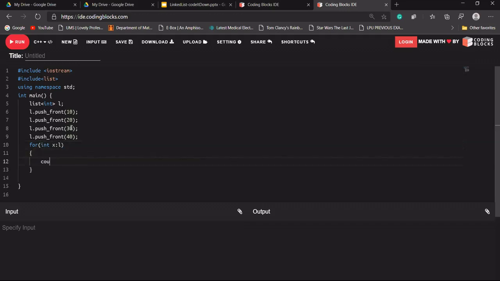I'll print it like this. Let's see whether our linked list is being printed. Okay, our linked list is being printed.